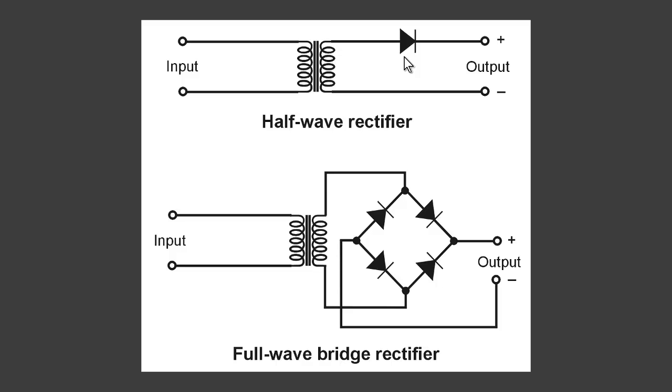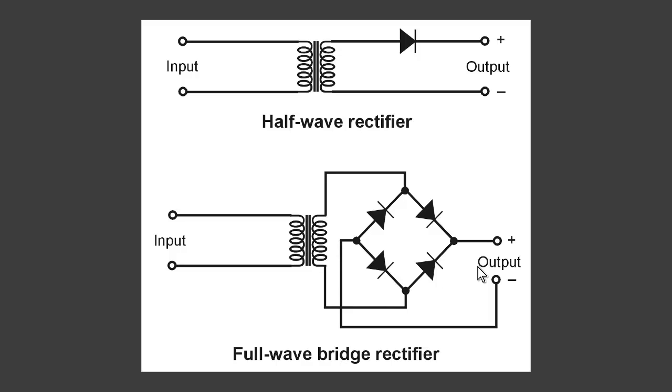Choice C: we can more easily filter the output of the full wave bridge rectifier circuit. That is true, and if you'll go back to question number 14 in this exam, we talked about the full wave rectifier compared with the half wave. The ripple frequency at the output of a full wave bridge is twice what you would get at the output of a half wave circuit. In the United States, for example, where we have 60 Hertz AC input, we'll get a 60 Hertz ripple at this output, but we'll get 120 Hertz ripple at this output,